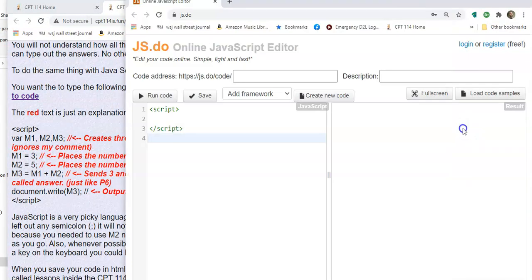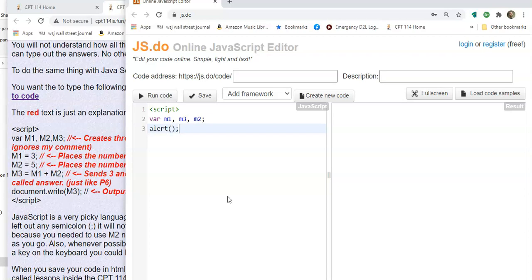here. So if I'm going to be writing that, I have to type this out. And you see the script tags are already there. I start and I type in var, and then M1, M2, whoops, M3. Case doesn't matter as long as I'm consistent. And then we do semicolon at the end. And if I just wanted to show you how it works, I'll do alert. And then the ubiquitous,